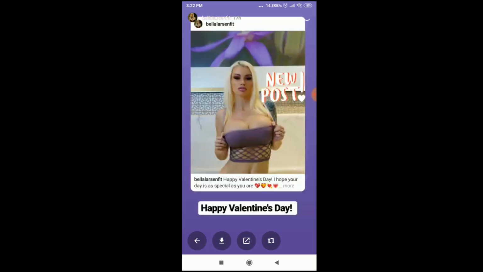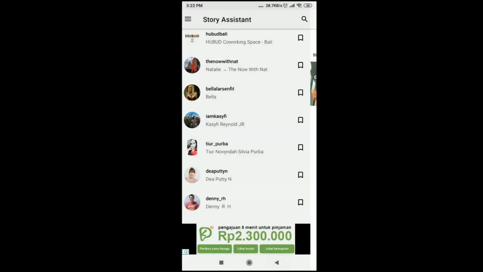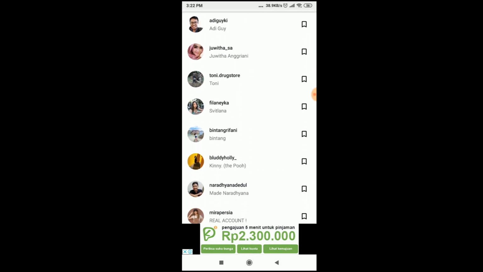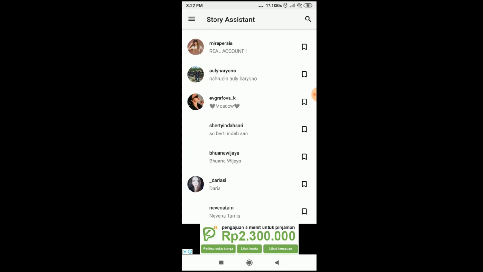You can open it, and from this application you can look at your friend's story status without them knowing that you already looked at their status.